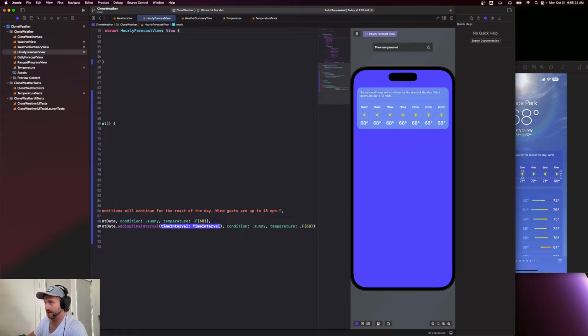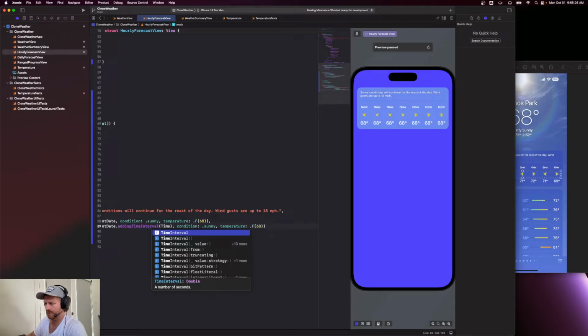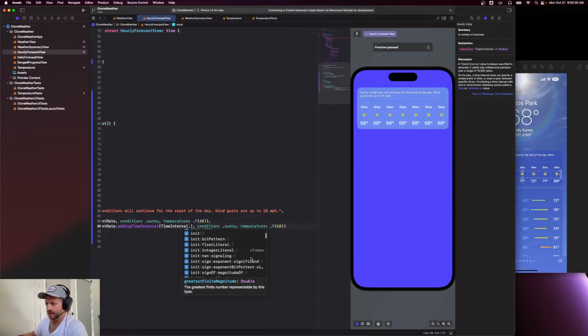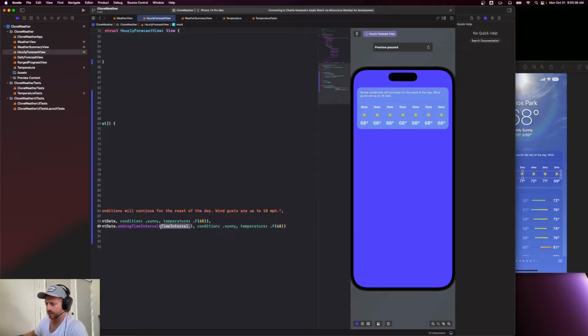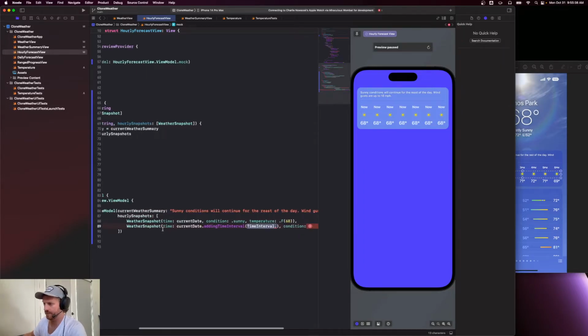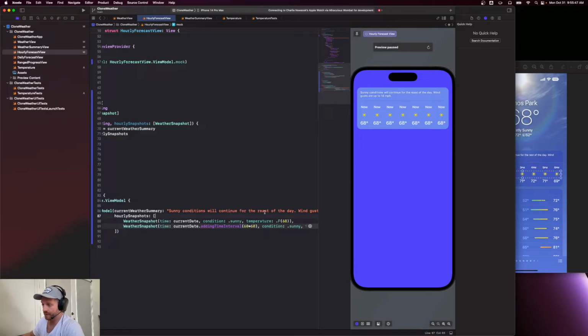Time interval is in seconds, right? Number of seconds. Okay. I wonder if I get some interesting things to basically specify hour. Huh. Let's do it. Let's do the math ourselves for now. So 60 seconds in a minute, 60 minutes in an hour. So 3,600 seconds